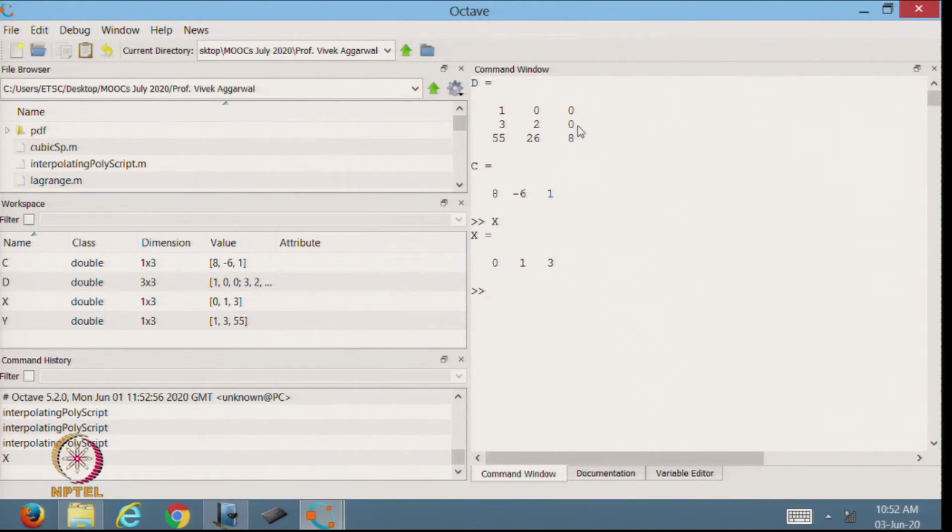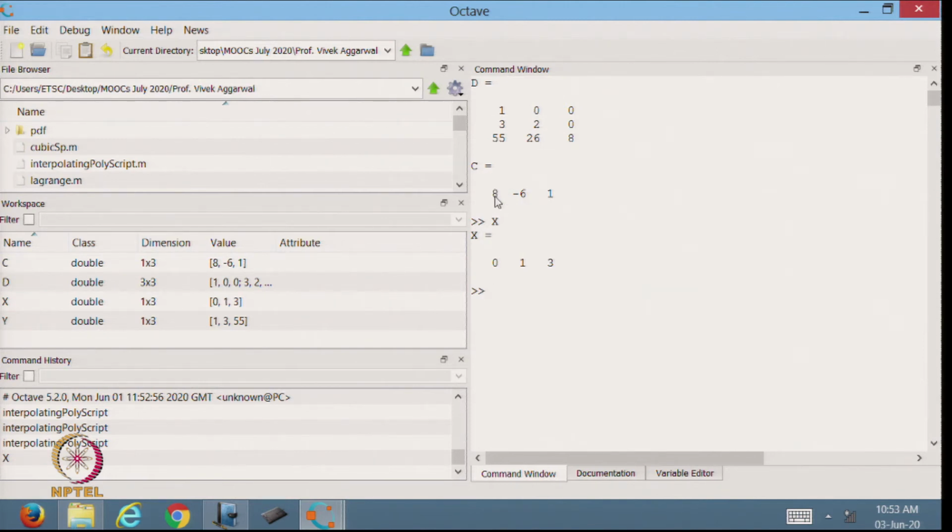And from here I am getting the second difference. So, the second difference will be 26 minus 2, that is 24, divided by 3. So, it is 8. This is the second order difference. Based on this I can find my D and this is the coefficient. So, 8, minus 6.